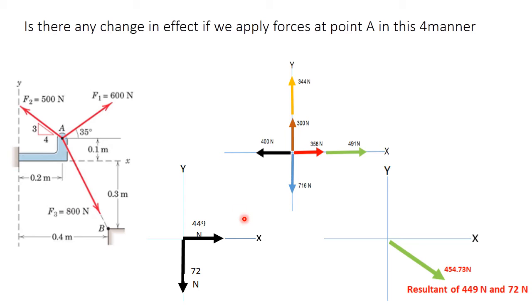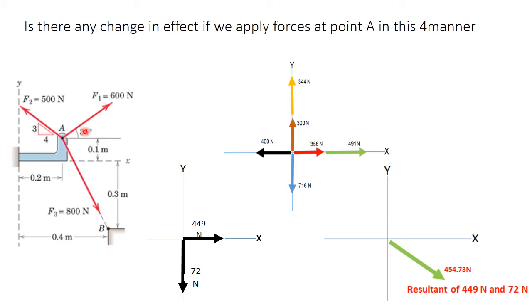Okay, now tell me, initially I have this force system, then I reduce the force system into components, and after this I combine and I get these forces. After combining these forces I will get these two forces, and after again combining, here I am getting this force. So whether I apply any of these three force systems, by this method or by this method, is there any change in the effect of the force?